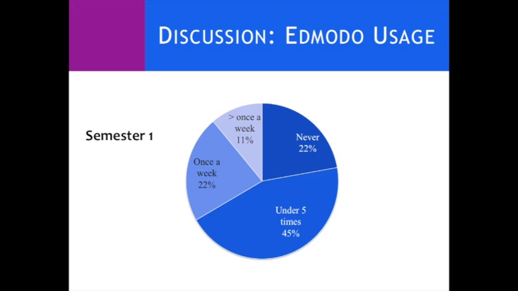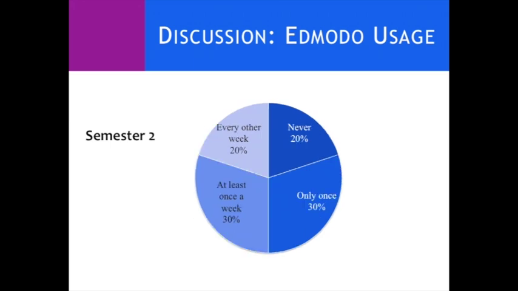From a usage perspective, and how this might pertain to how often they may use the social media platform from a college perspective, in semester 1 we see that it ranged all the way from never signing up to use it, to signing up but never really engaging on it, to under 5 times, once a week, to more than once a week. So there was a variety in terms of how a student may use it during the semester. In semester 2, because they only had 4 weeks in which they could become familiar with it and see how they could use it, there were some differences, but still a few who would sign up and then never use it, all the way to looking at it at least once a week or every other week.